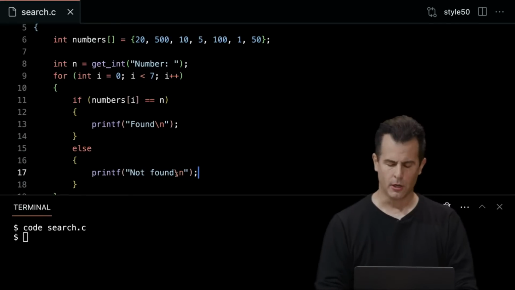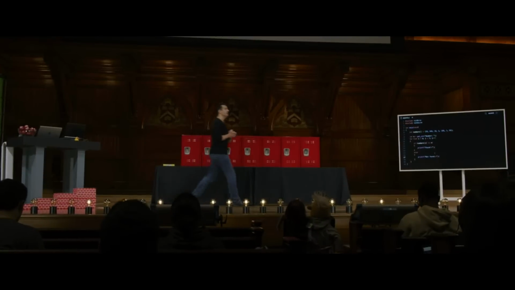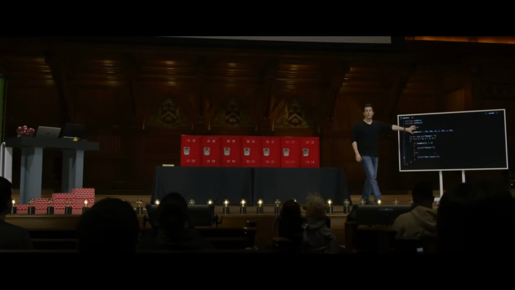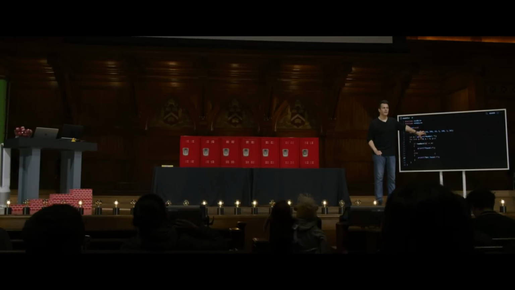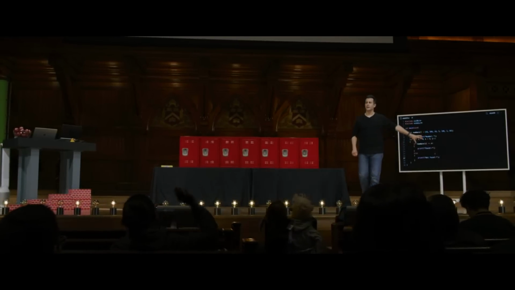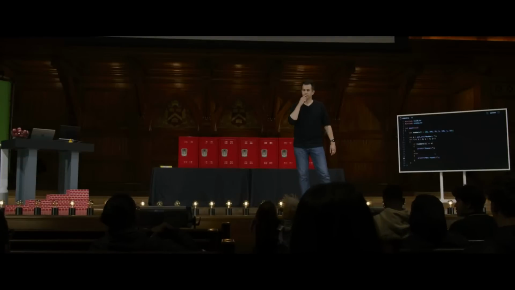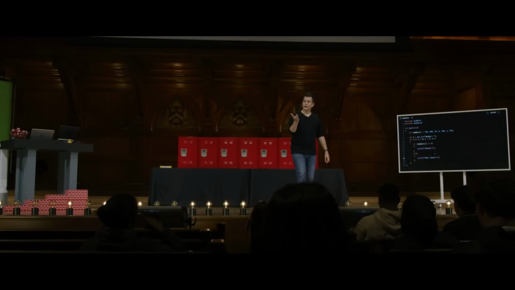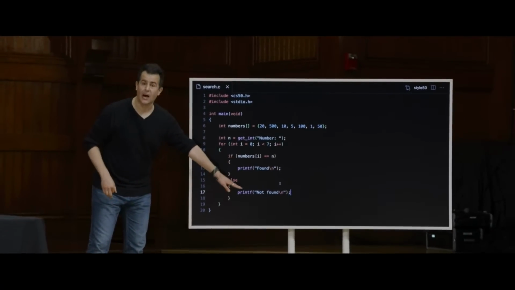All right, so let me zoom out for just a moment. Here's all of my code. Any concerns with this implementation of what I claim is now linear search? Any concerns with what I claim is linear search? Yeah? Exactly. If I search the first number and it's not found, it's going to say not found,